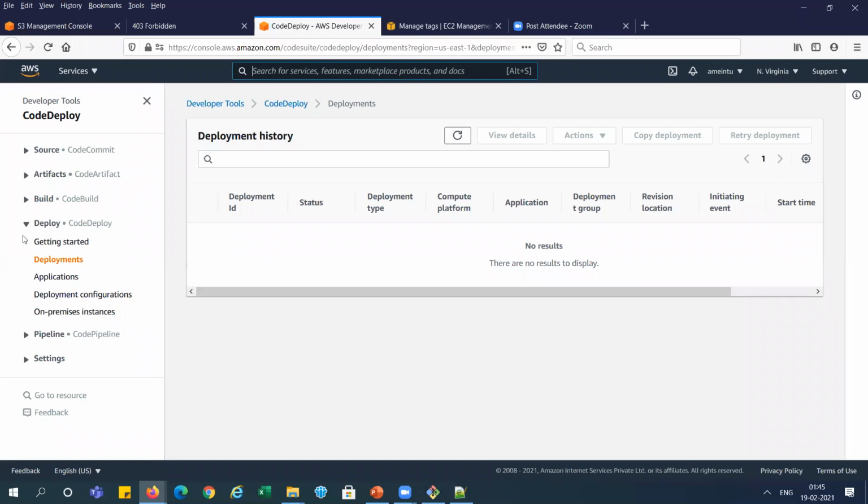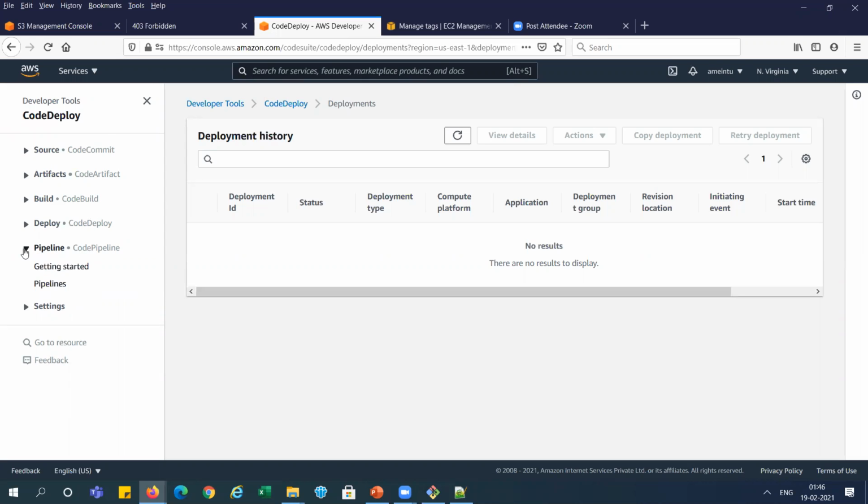You can see here, this is the developer tools where you can get everything in one page: CodeCommit, CodeBuild, CodeDeploy, CodePipeline. In the later demos I will cover everything, but in this demo we will cover only the CodePipeline.